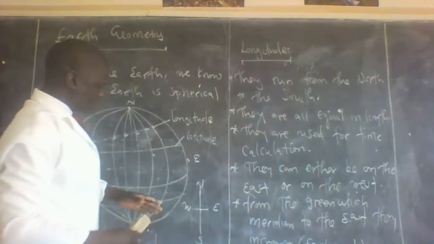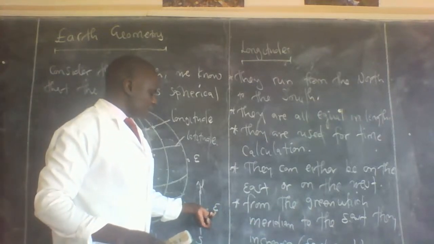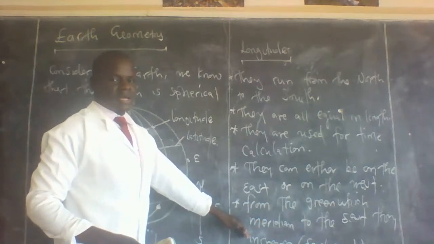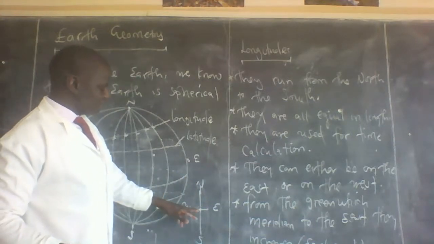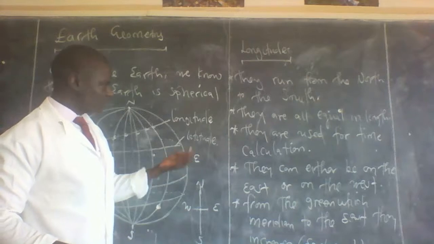What am I saying? Moving from the Greenwich meridian, which is at 0 degrees, going this side, the size of these longitudes increase. In a similar manner, from the Greenwich meridian going to the west, the size of these longitudes